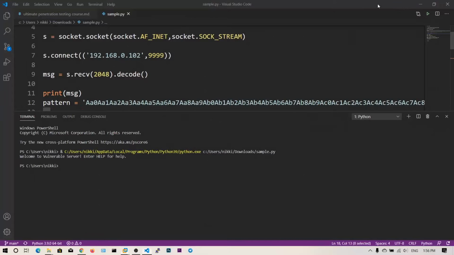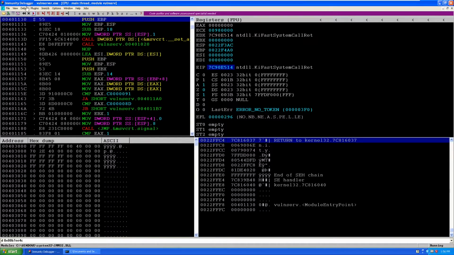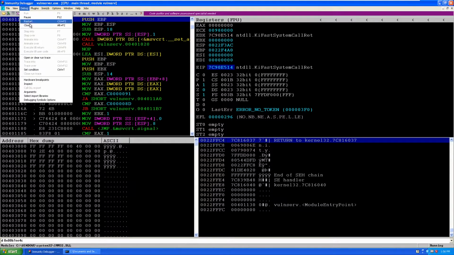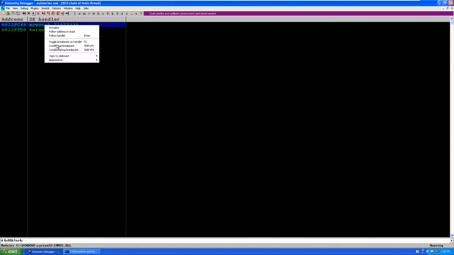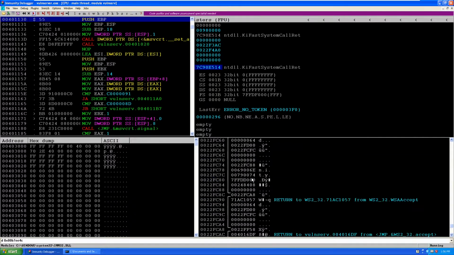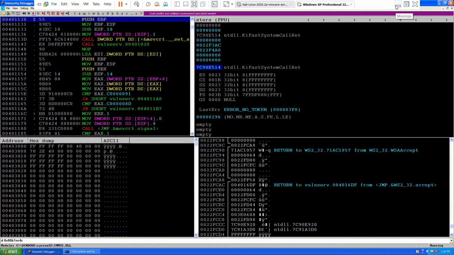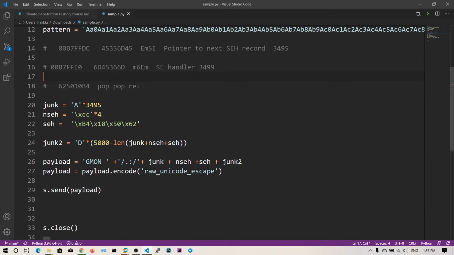And now what we are going to do is generate the egg hunter. As I have already told you, first let me create the egg hunter, and instead of these As, I will send the shellcode and also the egg hunter.